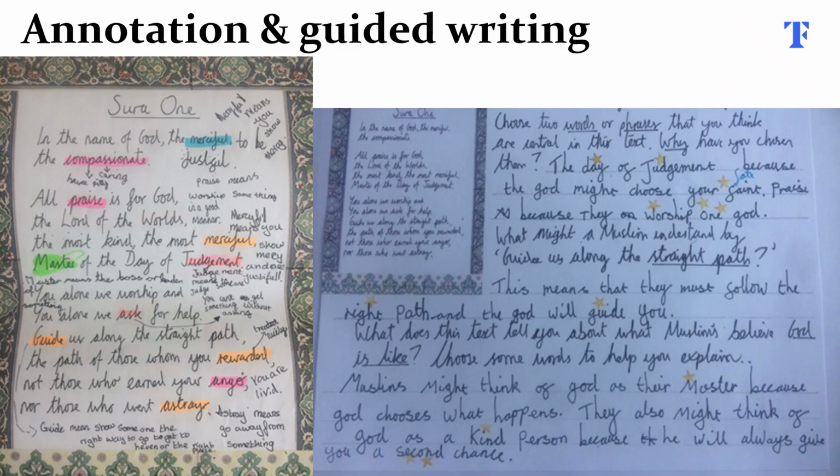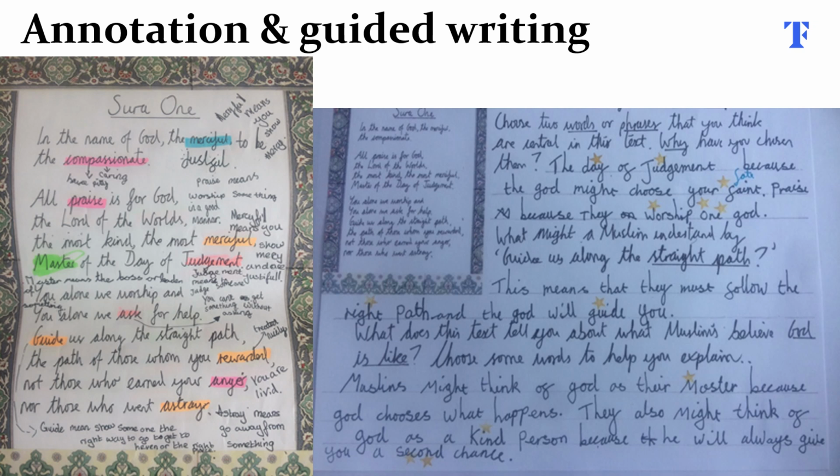Moving from techniques that get pupils thinking about big ideas to those that get them focusing on the little details, let's look at annotation and guided writing. When we use and interpret sacred texts in the classroom, it's important that pupils have the opportunity to discuss them, pick out keywords and phrases, and think about what they might mean. This exercise needs to have time dedicated to it.